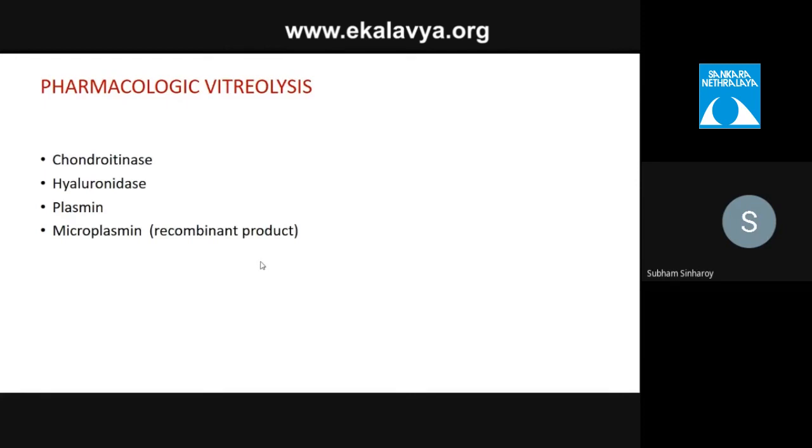So coming to pharmacological vitreolysis. Its concept was that enzymatic vitreolysis was introduced to be able to induce a PVD without a surgical manipulation and without any surgical complication too. So for that they have tried various enzymes like chondroitinase, hyaluronidase to have that effect, but mostly plasmin was used initially, with autologous plasmin to have that PVD induction, especially in VMT eyes or in macular hole or eyes with the pediatric eyes where there's the adherent hyaloid.